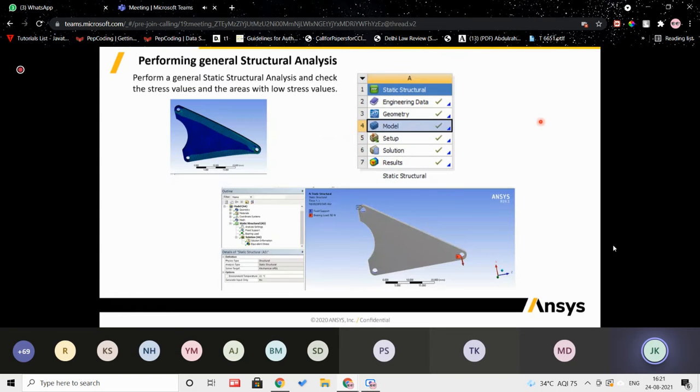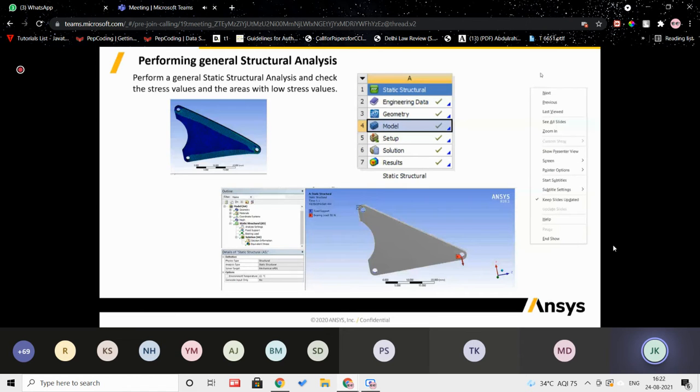Can you go to the next slide? So in this, we had taken a very simple arm, which we subjected to a fixed support. You can see at the top, A is the fixed support, and at B, we applied the forces. So this is the initial component we had taken, based on a design study or hand calculation, to fit into your entire assembly, right? So we applied the forces. We are doing the static structural analysis.